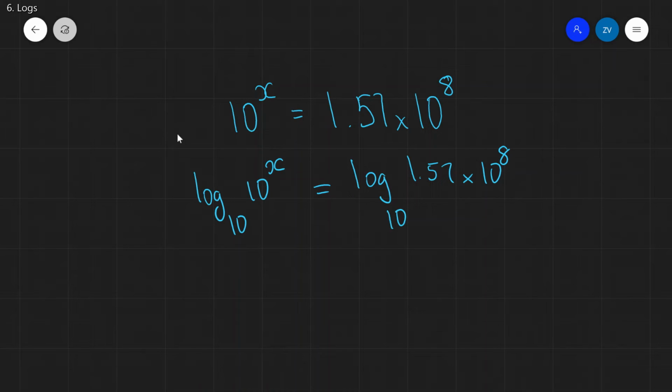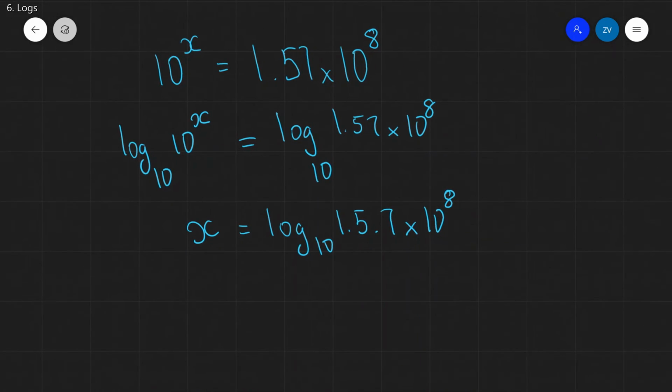Log base 10 and 10 to the power of essentially cancel each other, so what we're left with is that x is equal to log base 10 of 1.57 times 10 to the 8. Just a little word of note that in OCR physics, so if you're doing OCR physics, log base 10 of